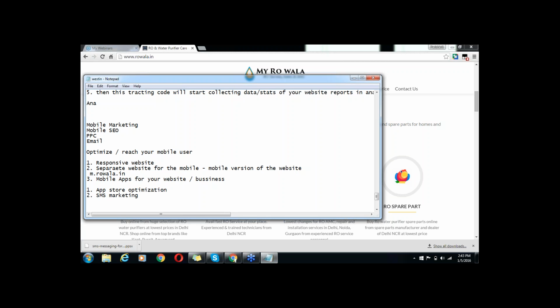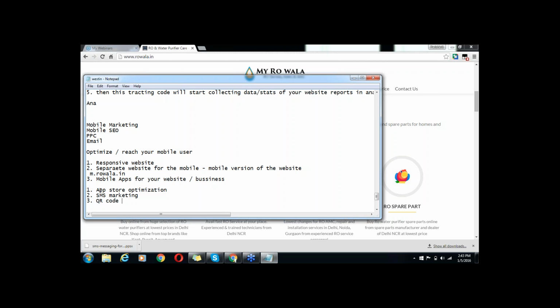And third is QR code. Have you heard about QR code? QR code is a quick response code. I will show you what it is and how you can use it for marketing purposes. Apart from keeping mobile factors in mind for the other digital marketing channels, we will discuss the QR code: what is the purpose of the QR code, how you can generate it, and how you can embed the QR code with your other marketing channels. We will do these activities right now.